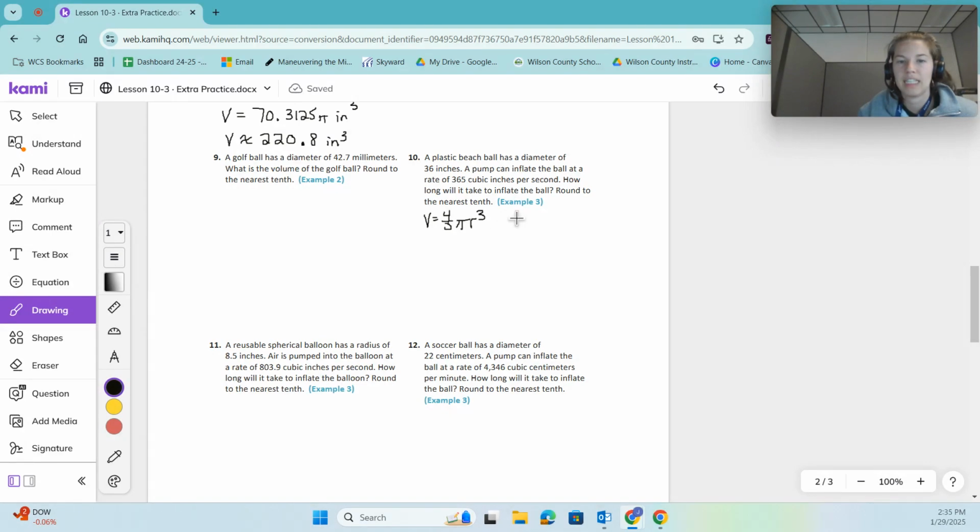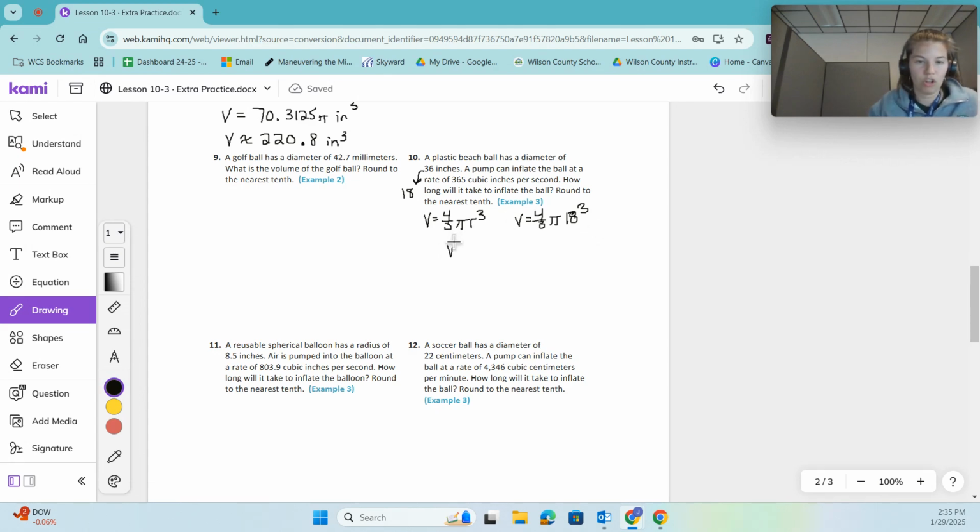Oh no, my radius is actually 18, so that's going to be 18 cubed, because they give me diameter, I had to find the radius first. So 18 cubed times 4/3 times pi,